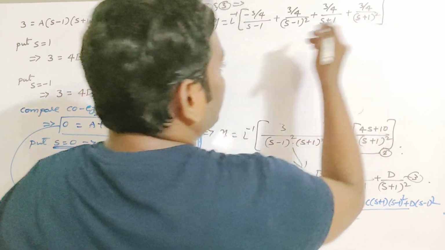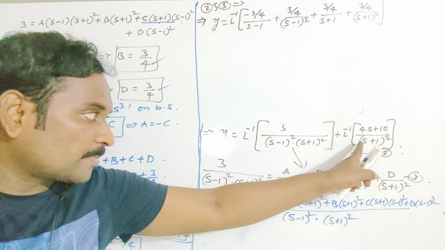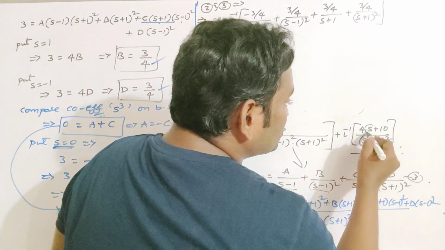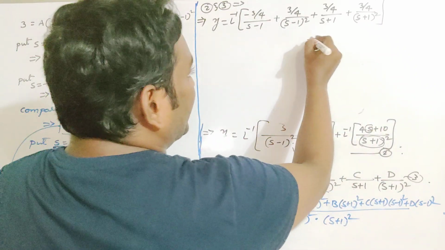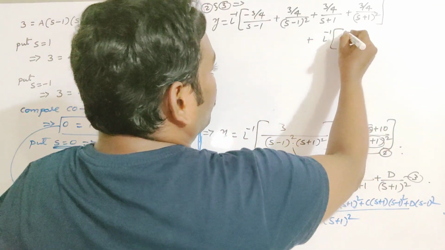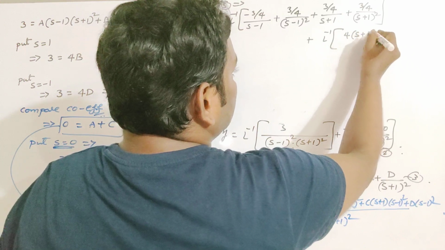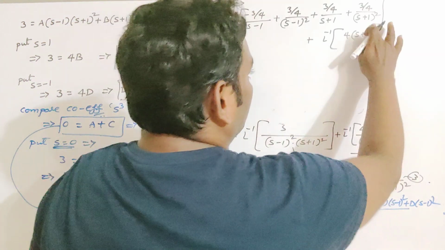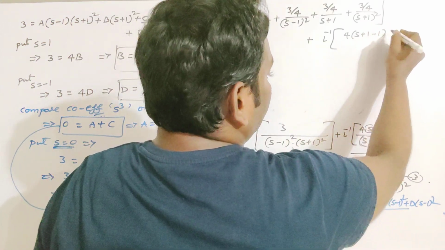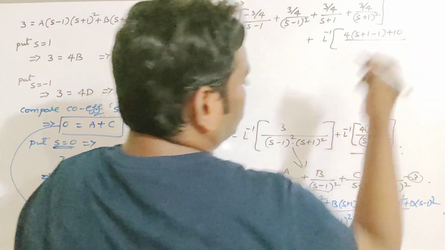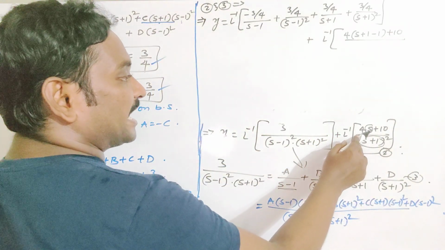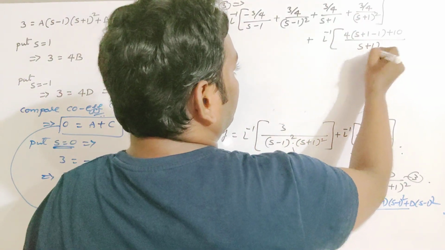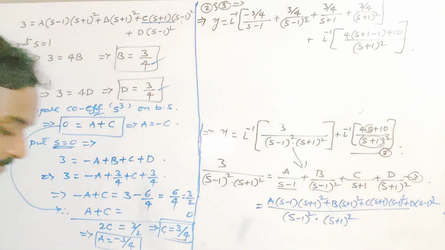In this way we can separate the terms. And there is another part here. Since in the denominator we have s plus 1, we should get here also s plus 1. That's why I will write this term as L inverse of 4 into s plus 1, and I will add minus 4. Otherwise you can subtract minus 1 only here, plus 10 is there. Okay, just whenever we have s, I am adding plus 1 and subtracting 1 whole by s plus 1 whole square. Okay, see the next step.